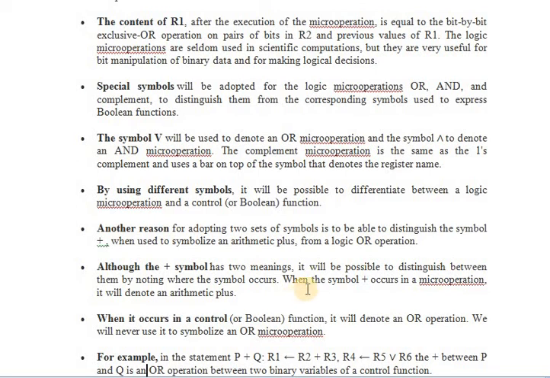Although the plus symbol has two meanings, it will be possible to distinguish between them by noting where the symbol occurs. When the symbol plus occurs in a micro operation, it will denote an arithmetic plus. When it occurs in a control Boolean function, it will denote an OR operation. We will never use it to symbolize an OR operation in a micro operation. For example, see here,